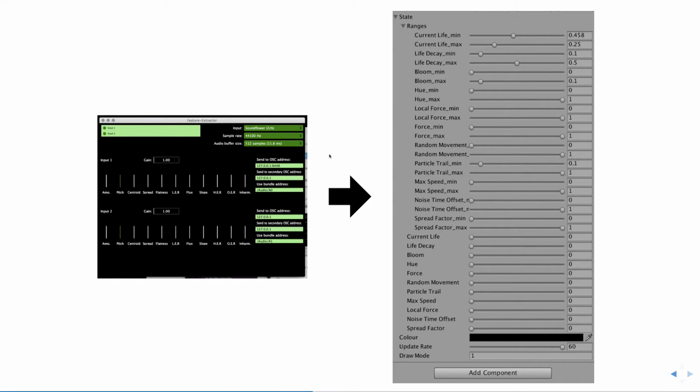And for each microphone in the show, we had software that would convert the sound into a vector of 12 numbers. But then we had this. You see all these sliders here. This is all the things that we could tweak in real time. So how long the particle stayed, the offsets, the speed, the force, the color, the hue, how much bloom, etc.